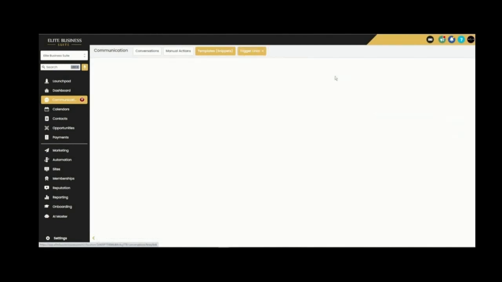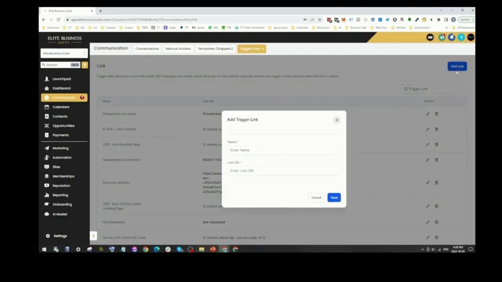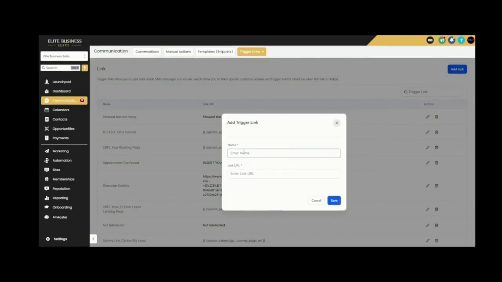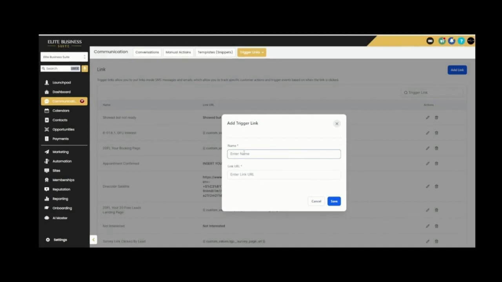Finally, in communication, we've got the trigger links. Trigger links are also in the marketing area as well. And all they are is a link that you can add in, very specific links. So if you have a recurring type of link that you send people to, a certain checkout, or a registration page or a sales page, and you all the time have to find where that sales page or that checkout page is, whatever it might be,